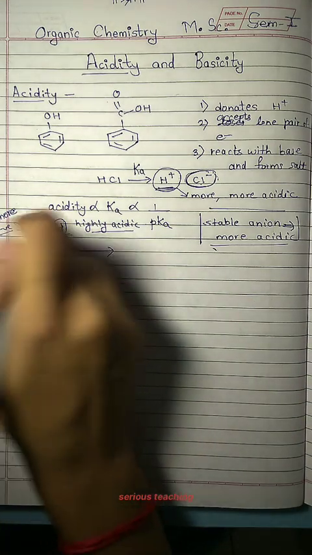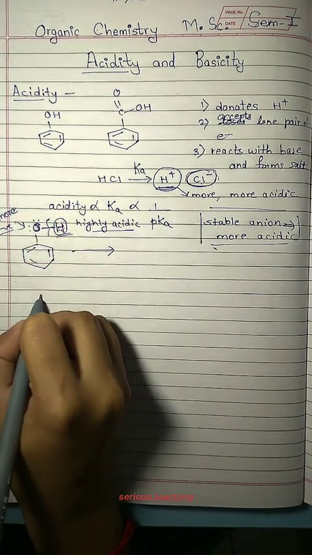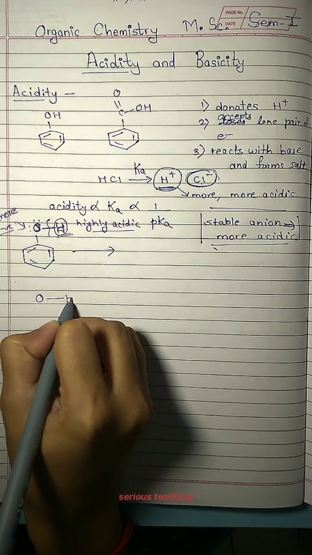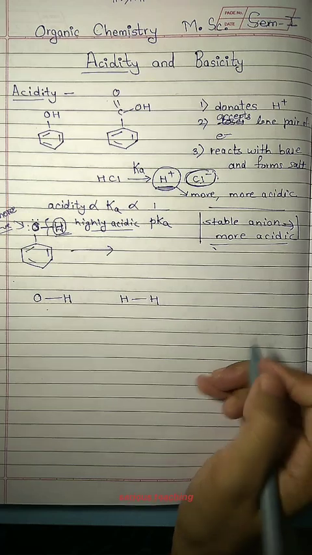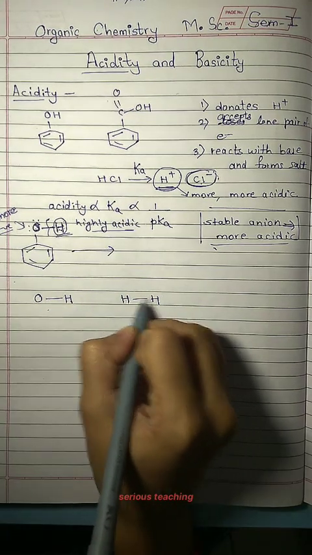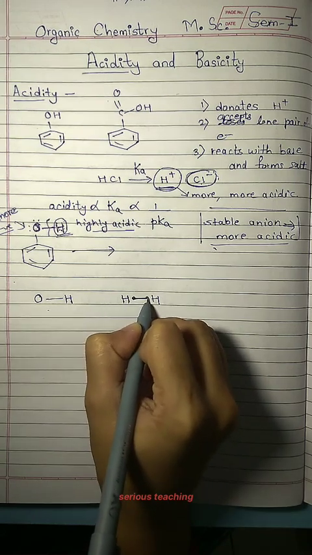Okay, how are we saying this? So see, when there is a bond between oxygen and hydrogen, if you compare these both bonds, whenever a bond is between two atoms, this bond is formed from one electron from hydrogen and one electron from the other atom.